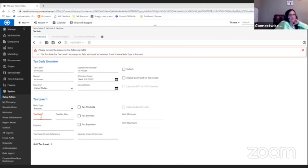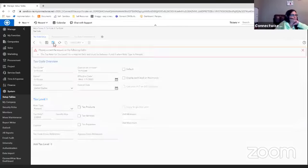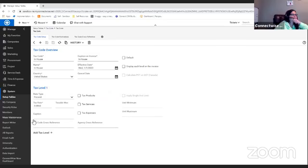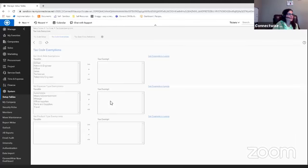What would that tax percentage be for you guys? For us, 8.65. Okay. I'm almost thinking we might need to add a level to your tax codes. So we could say, so for their taxes, well, no, because if they have any other products, this is where it gets...